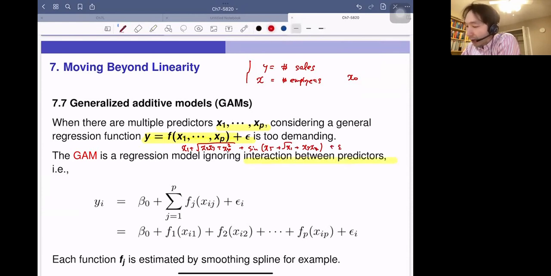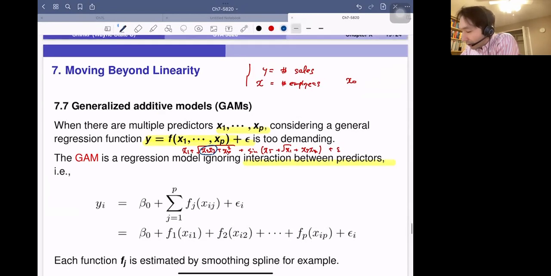So we don't allow x2 times x3. Also, we don't allow this kind of function: inside the square root, we have x2 times x3 and x4 square. That means we cannot separate the impact of x2, x3, and x4 on y. So we don't allow that possibility, and we assume that yi is beta naught plus the summation of fj